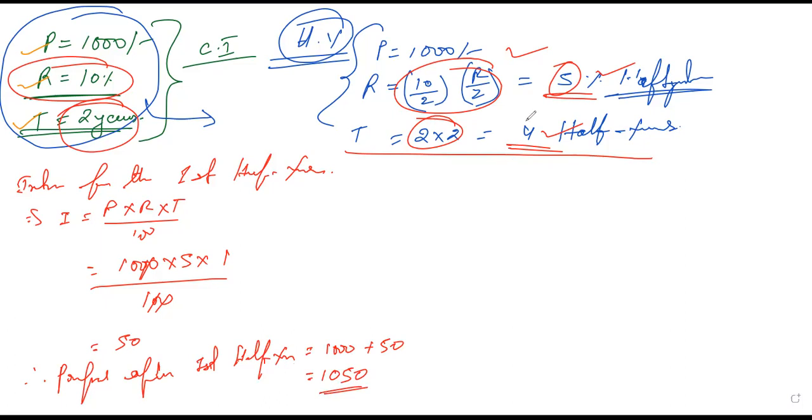Now you have to go for four consecutive half years, because the time over here is 4 half years. So you have to go for 4 consecutive events, so that you will be able to calculate the total interest. As we did in the previous condition, we have to do the same here. The basic thing is that the rate of interest changes and the time period changes, but the method will remain the same. That is the condition you need to remember.